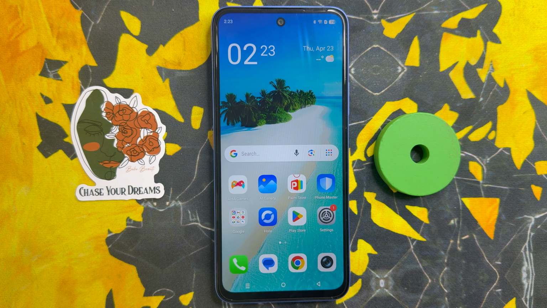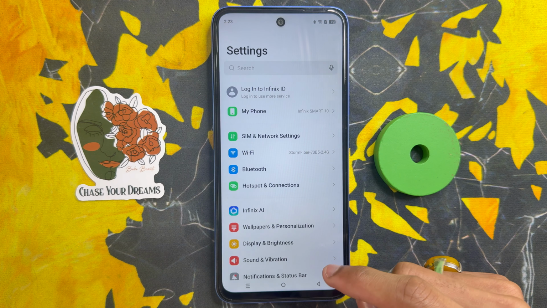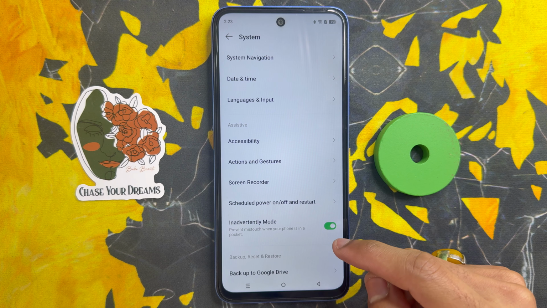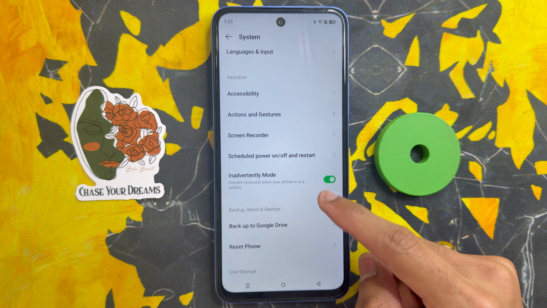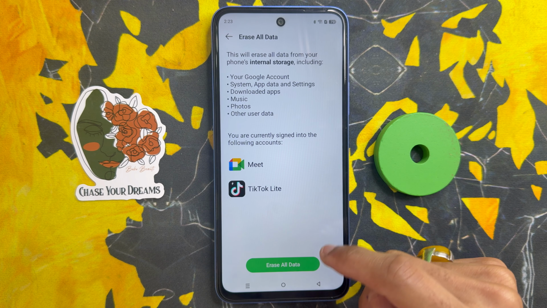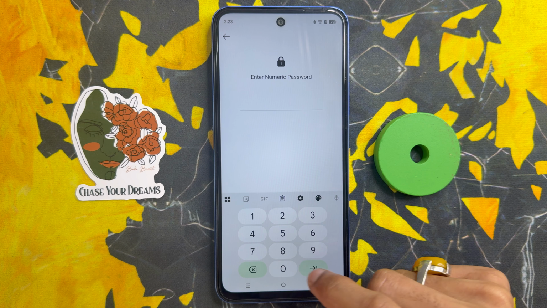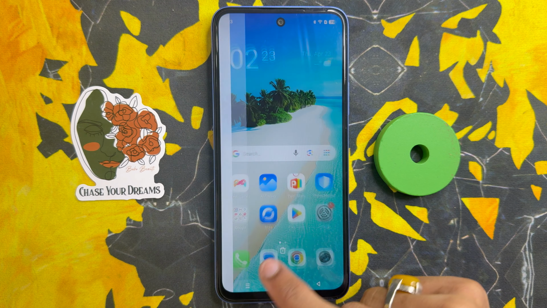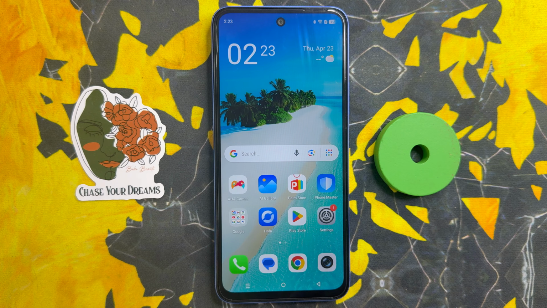But if it doesn't fix this problem, the last solution is factory reset. Click on the settings app, scroll down and click on system, click on reset phone and click on factory reset. Erase all data, enter the phone pin. Click on this option, and you will see your problem is solved. So that's how you can fix camera shutter lag on